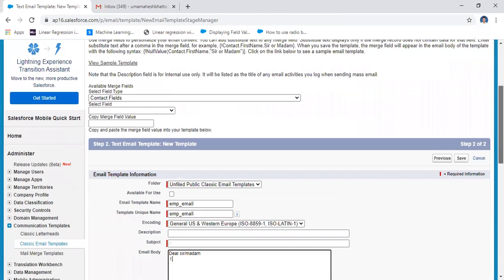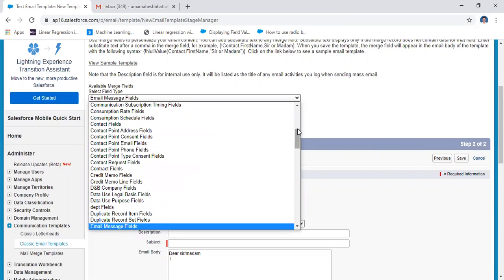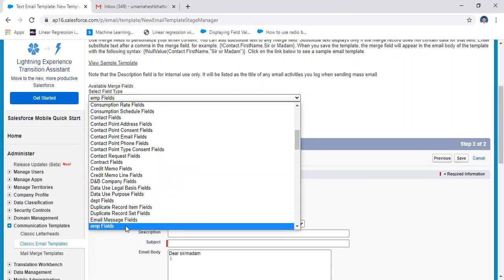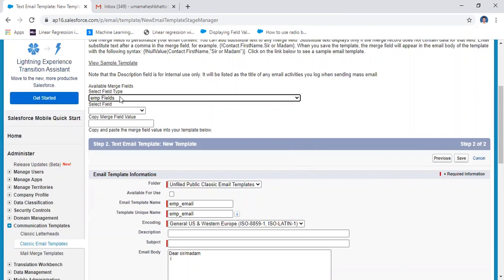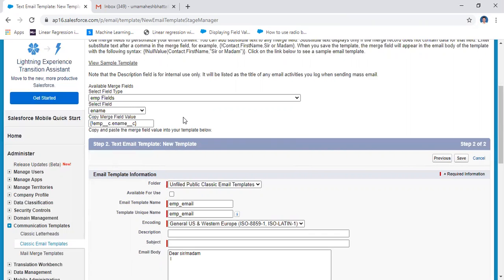How can you get the person name? For example, the contact field, here the employee field. Under the employee field, you select the employee name, e-name, department number, and some custom fields like mobile number. Here, this is the name of the field.